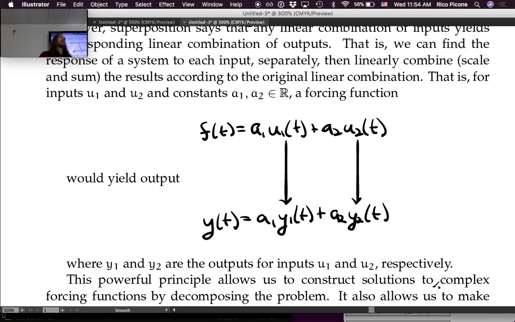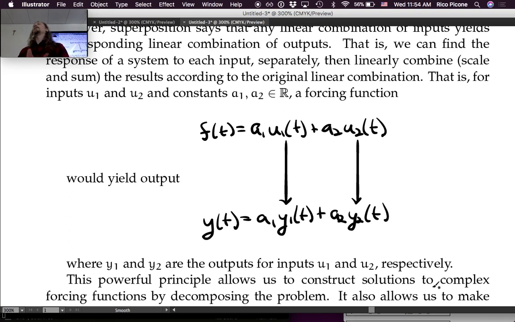No problem. We'll find the solution to the sinusoidal one and we'll find the solution to the constant one separately, and then we'll combine them. Now, this is powerful from the sense of, oh, you can break your problem down into smaller parts. But it's especially powerful if you want to be lazy, okay? So, if you want to be lazy and you don't want to solve out for the whole solution every time, you can look up a table where it has, oh, the response of a system to a step input of